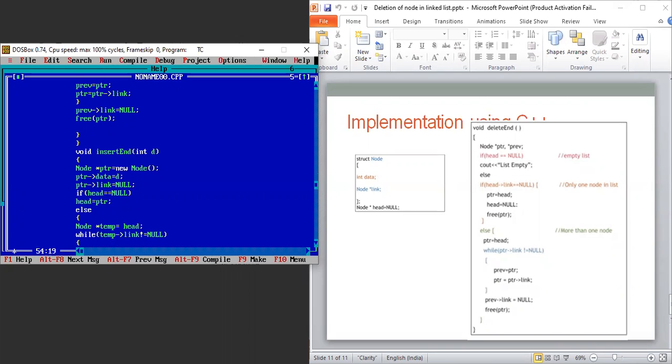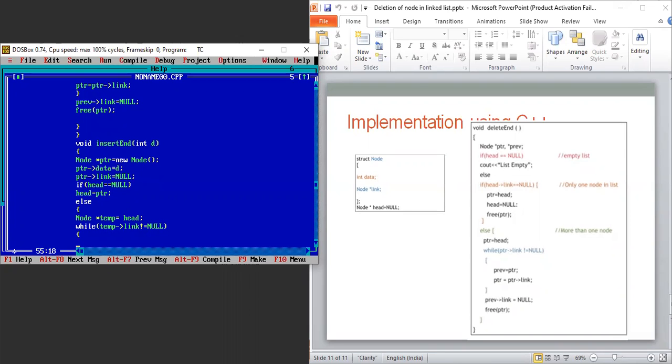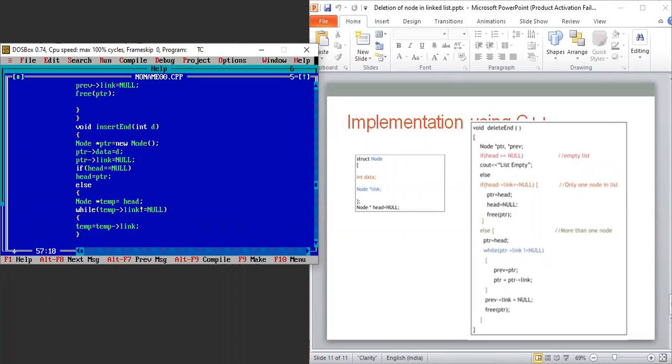So we need to traverse that particular link. Temp equal to temp link. By using this particular function, it will add each and every node at the end part. So I am using this function in order to insert that particular node at the end part.